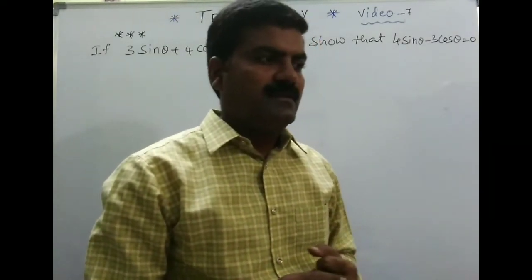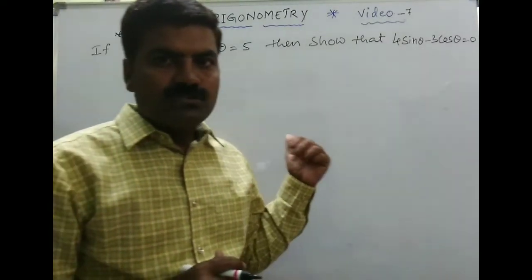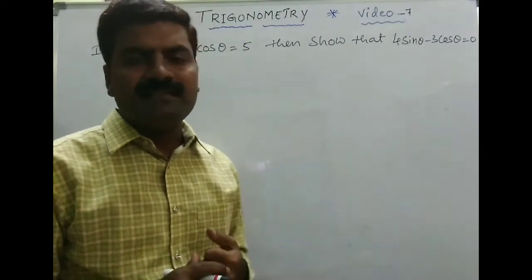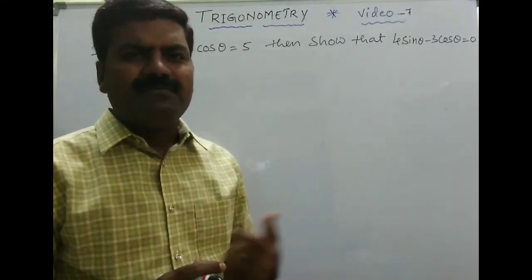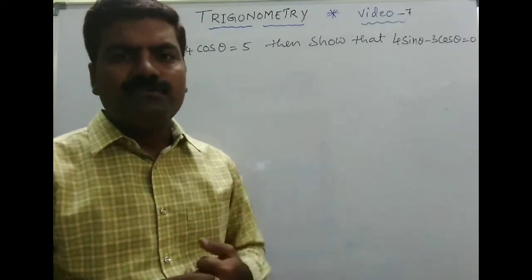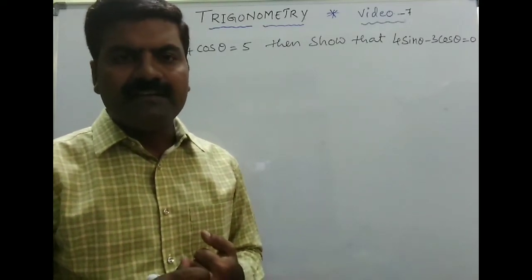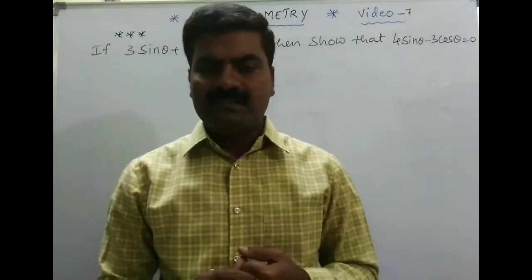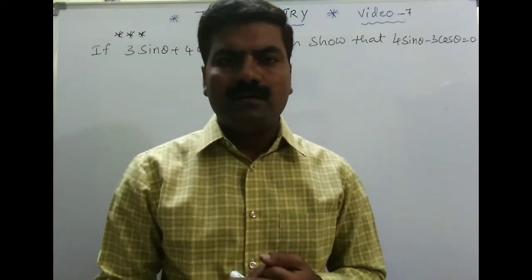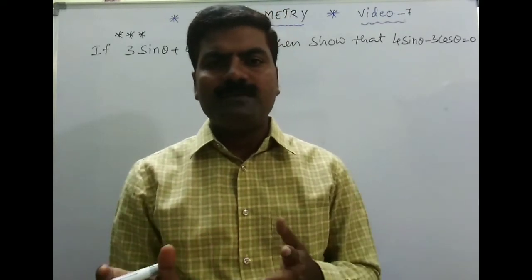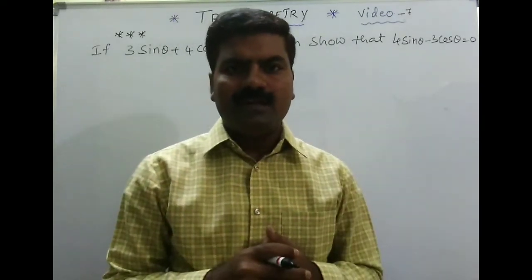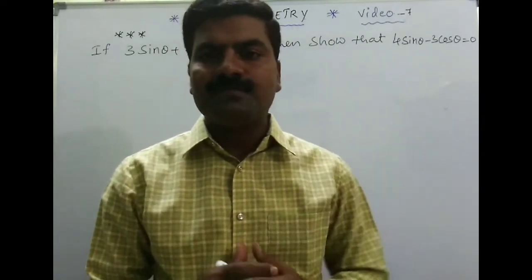Can you guess? The same kind of model question we actually solved, that is secant theta minus tan theta, maybe secant theta plus tan theta is equal to 5, maybe 1 by 5. Then we need to find secant theta minus tan theta. So in the last video we solved that problem by using the identity, secant square theta minus tan square theta is equal to 1. Later on it is in the form of a square minus b square, hence we wrote it in the form of a plus b into a minus b. Hence secant plus tan is equal to 1 by secant minus tan. That is the procedure we implemented in the last problem.